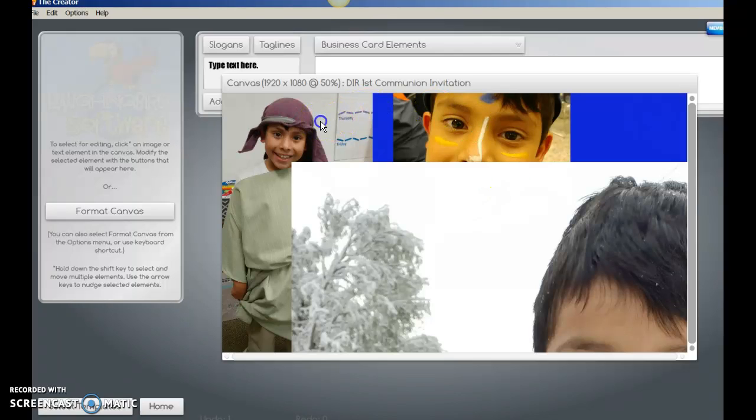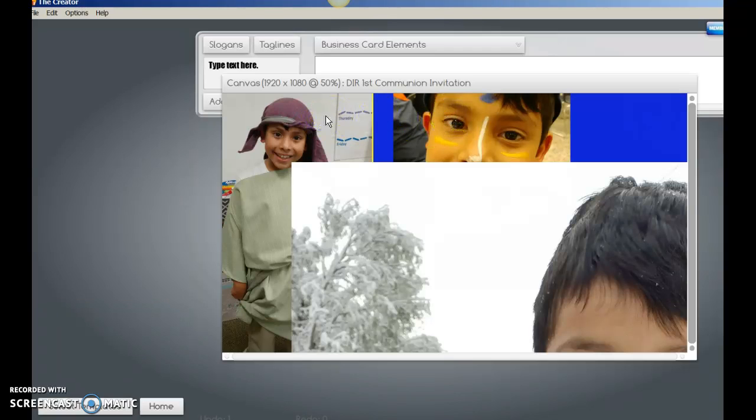I was able to do it successfully when I did these two. But when I did the third one, I lost the menu and it's never come back. So you see how it's highlighted? And I don't get the image format menu. If I click the canvas again,